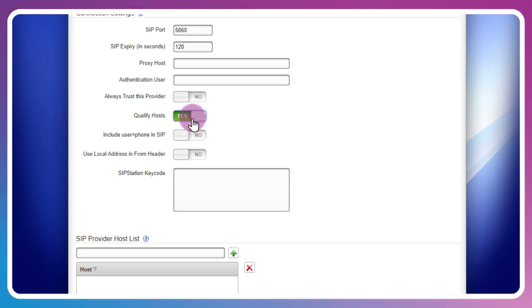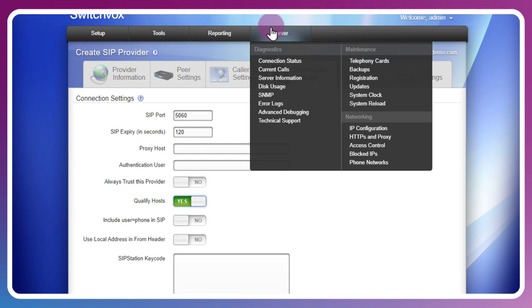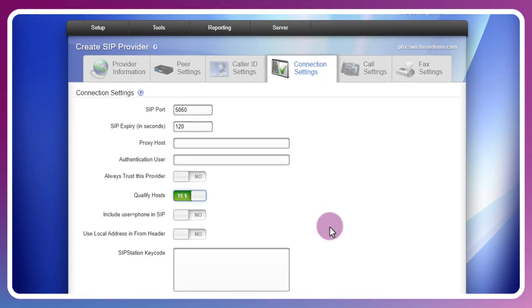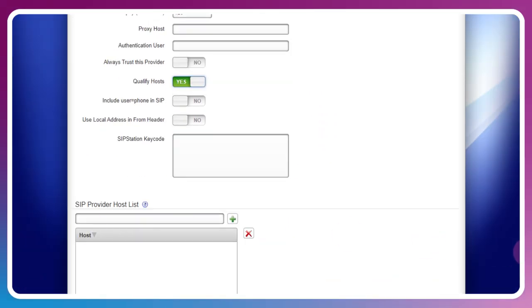This will tell Switchvox to authenticate calls from the provider and show the trunk's connection status under VoIP providers and the server diagnostics tool or the connection status tool. If your provider sends traffic from multiple IP addresses, you can add them under the SIP provider host list, avoiding the need to create multiple trunks with different IPs from the same carrier.